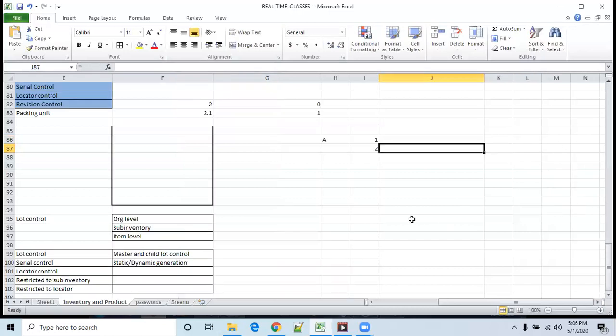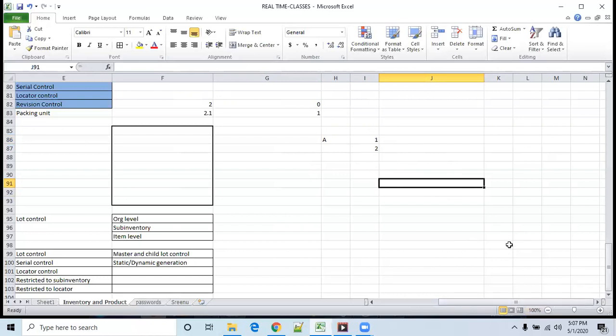While receiving the goods into the inventory organization, the system will show these revisions for us, whether you are buying revision 1 or revision 2 from the supplier. In revision 1 there may be some features, and in revision 2 the same features are upgraded. When you have such a scenario, we use revision control.